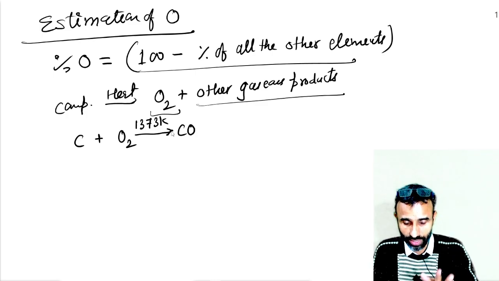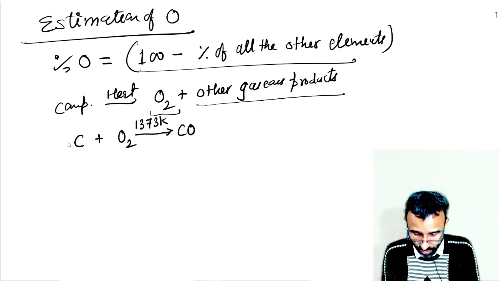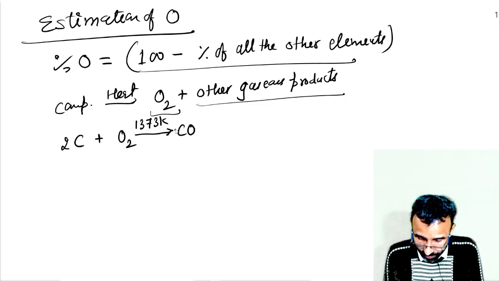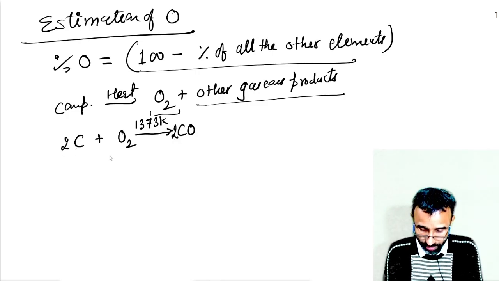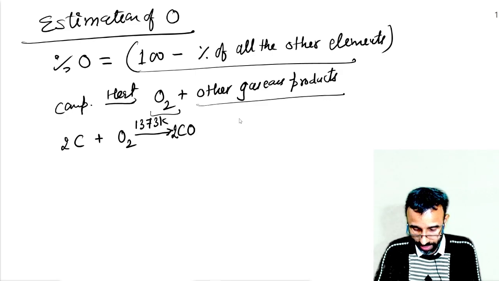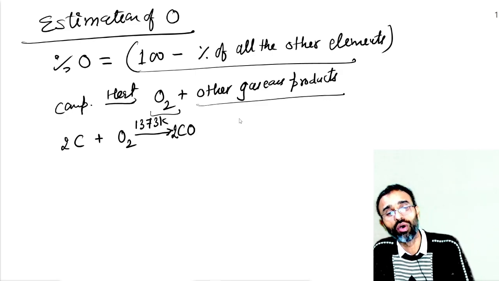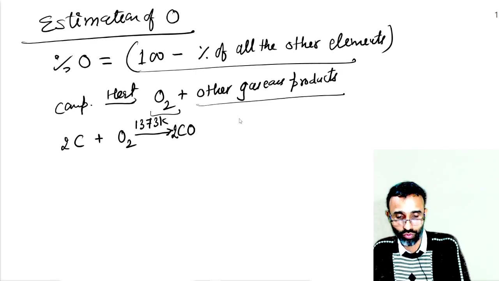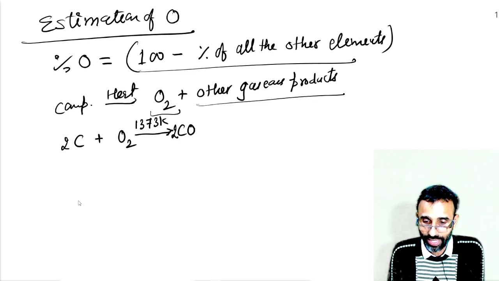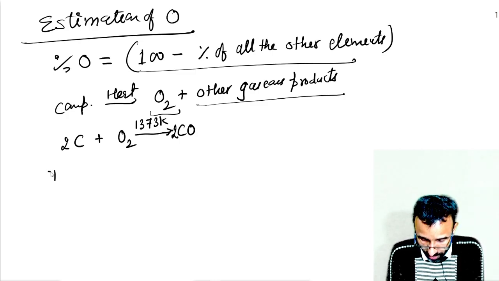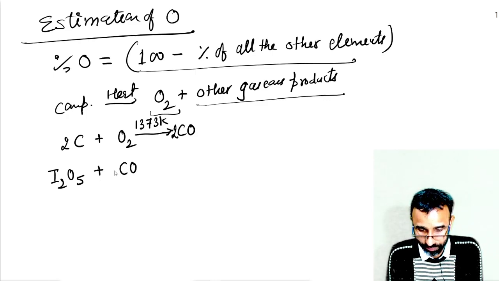So at 1373 Kelvin, whole of the oxygen present in the organic compound will give carbon monoxide, and then this mixture is heated with I2O5. So I2O5 will give